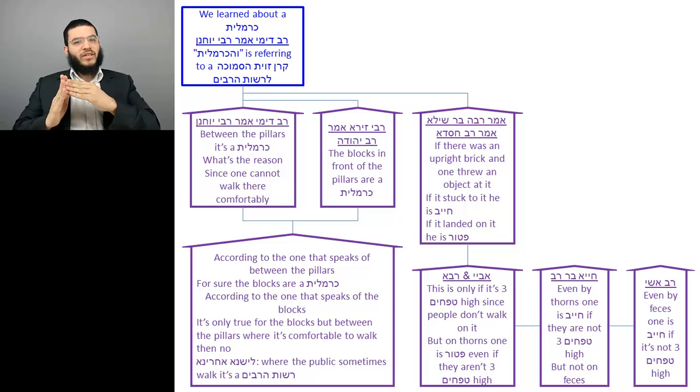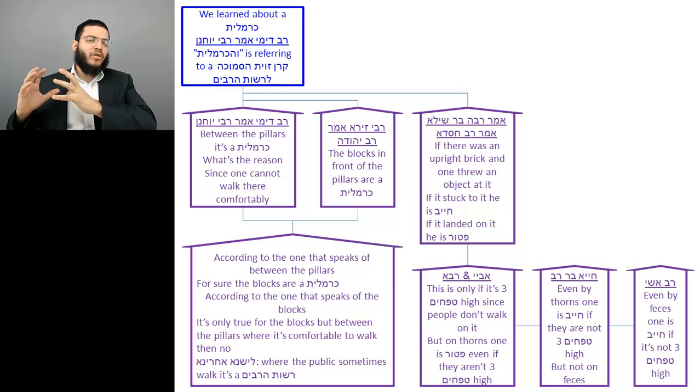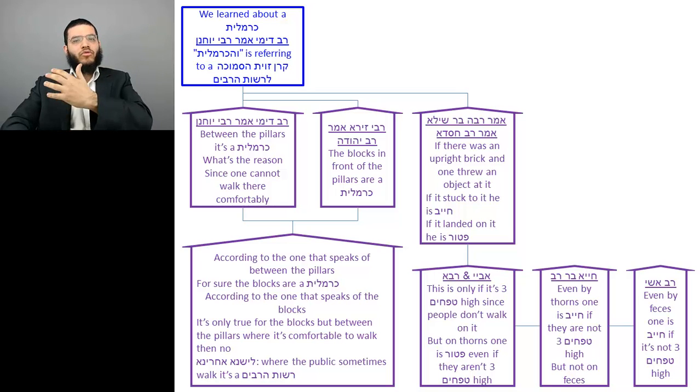And we said that if it's the face of the brick, then it's not considered outside of the rishus harabim. It's considered part of the rishus harabim. We view it as if it's resting on the ground beneath it. It's only if it's on top of the brick, where then we say that it's considered in the new rishus. And in this case, the new rishus was a makom p'tor, and we discussed whether we could accomplish making it a new rishus separate from the rishus harabim through being thorns or feces or not at all.